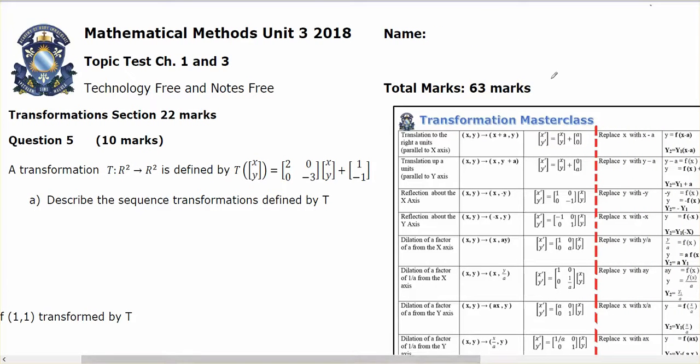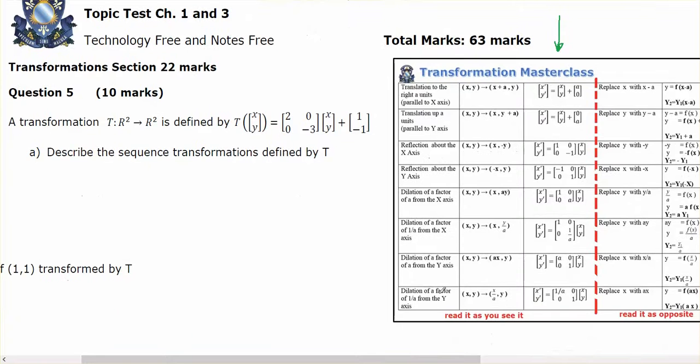Okay, so I've been given information down this column because I've been given the transformation matrix. The transformation matrix, you read it as you see it. So if I've got a 1 there, that means that I translate a unit to the right. If I've got a negative 1 down there, it means I translate down. If I've got a 2 there,